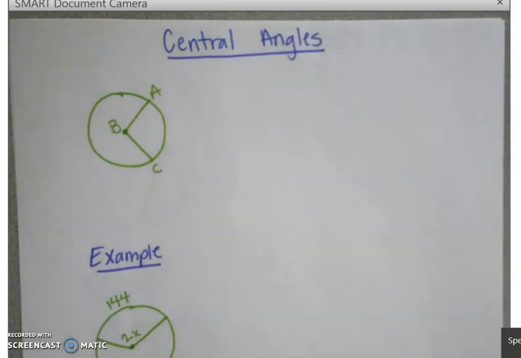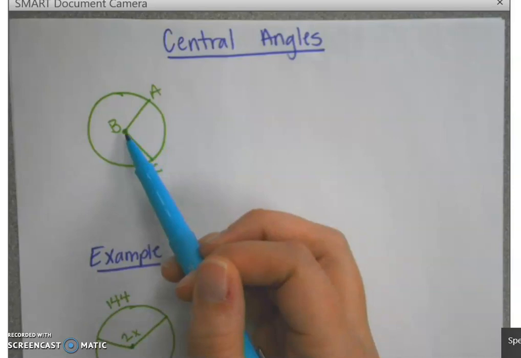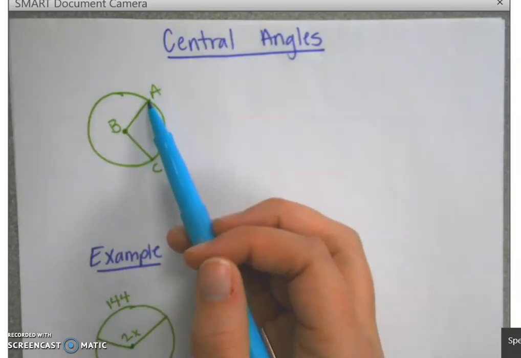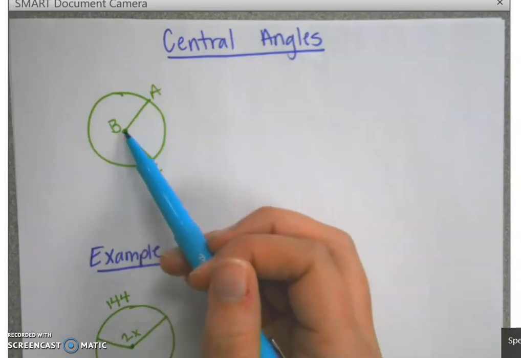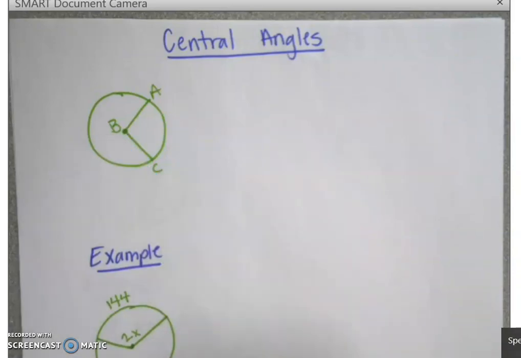Hey guys, today we are doing central and inscribed angles. We are going to go ahead and start with central angles. From your vocab sheet that you did before, you should know that a central angle has the vertex at the center of the circle. So angle ABC is a central angle because the vertex of that angle is at the center of the circle. So what I need you to know about central angles,